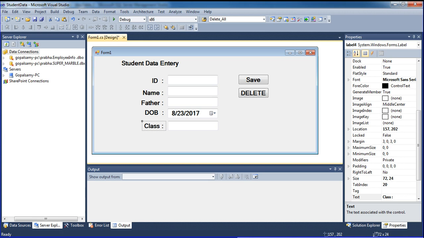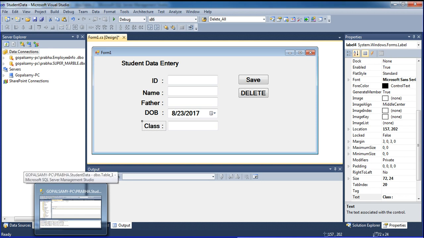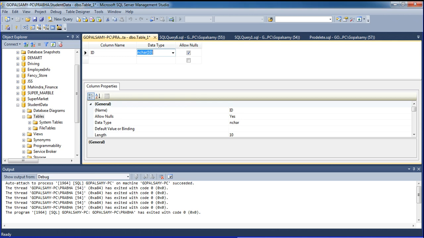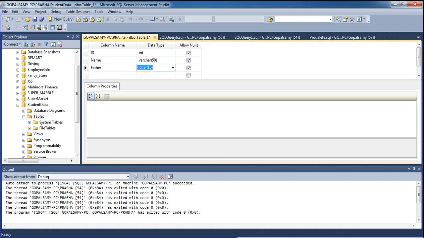Okay, now I will tell about this. So these 5 fields are available, and I am creating these 5 fields here: the ID, name, father name, date of birth, and class. So first I go to ID. ID I declare as integer. Then I create name, which I declare as var 15. Then I create father, which is also var. Then I create DOB,